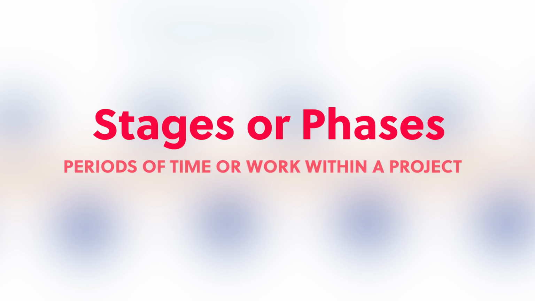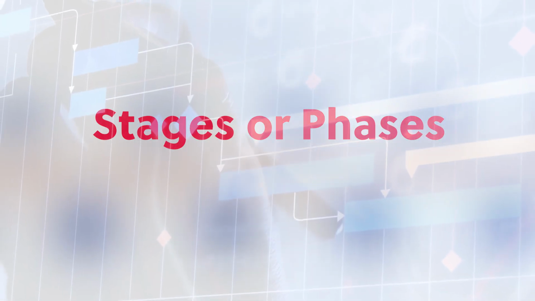Some people seem to be of the opinion that a phase and a stage have different meanings, whereas really both stages and phases are periods of time or work within a project. Some people think that a stage is a higher level and it has lots of smaller phases underneath. Some people think the other way around. You have phases and then you have lots of little stages. Now, it's irrelevant to me